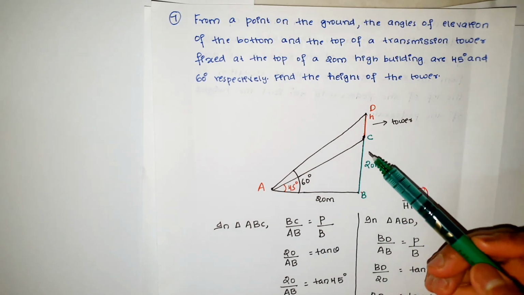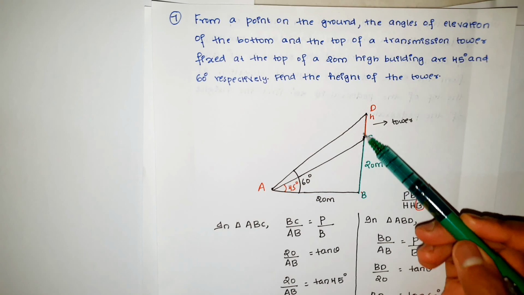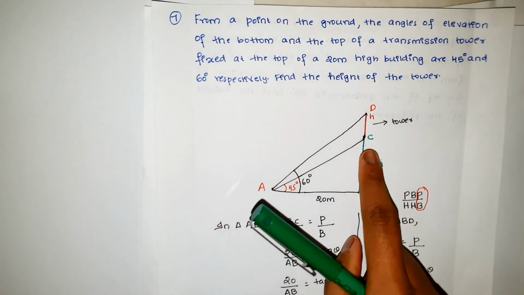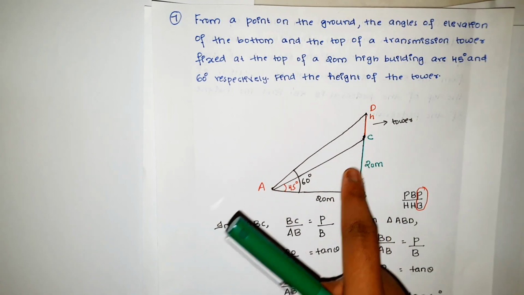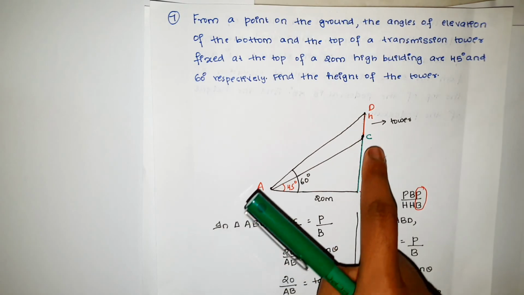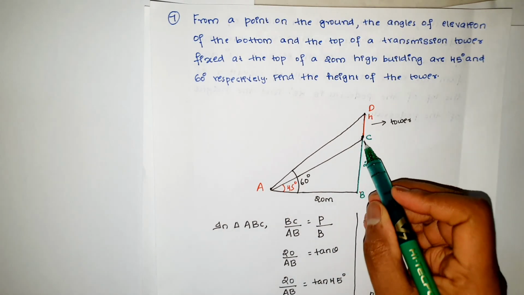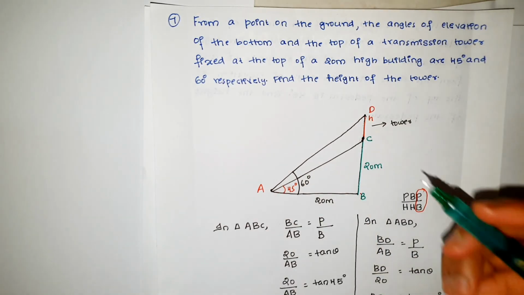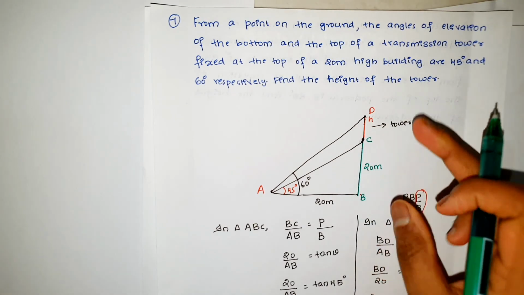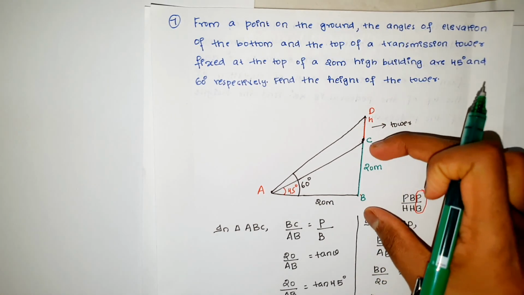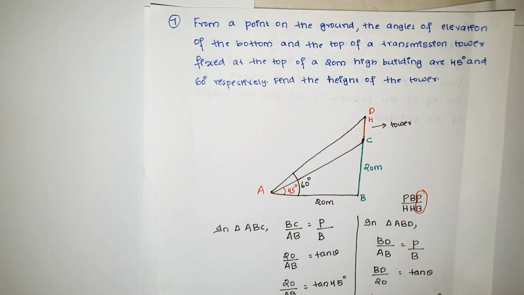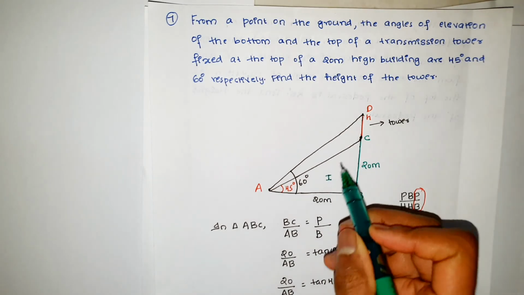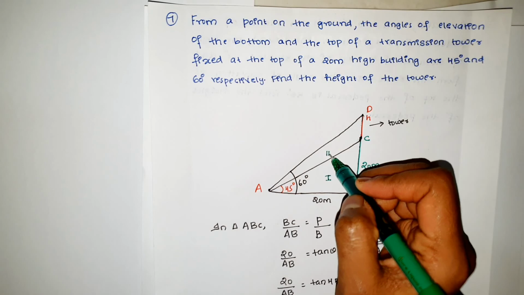So students, what is given in the question? In the question, we have a building and we have a transmission tower. So here we have to find the height of the tower. So first we took this triangle. Why we took this triangle? Because we have this measurement BC, and we will be able to find this base which can be used for the next triangle, because we have to find the tower. So this is 20. If we find this full value, we will be able to subtract that and find the height of the tower. So that's why we took this triangle first, and the whole triangle as a second.